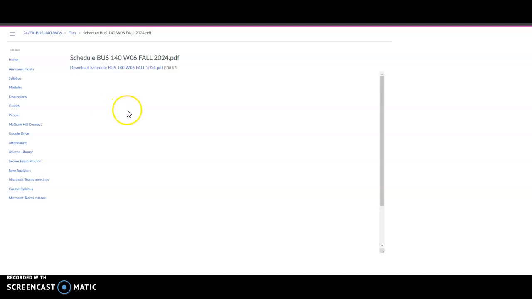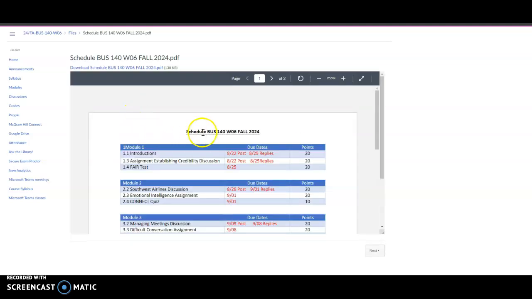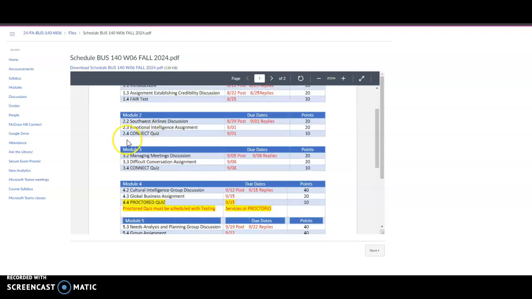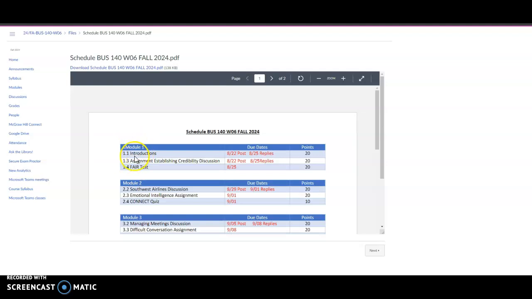When you open that up, you'll see this is what the schedule looks like. On the left side over here, this is the assignment. And then the next column is the due dates for each of the assignments, and then the points associated for